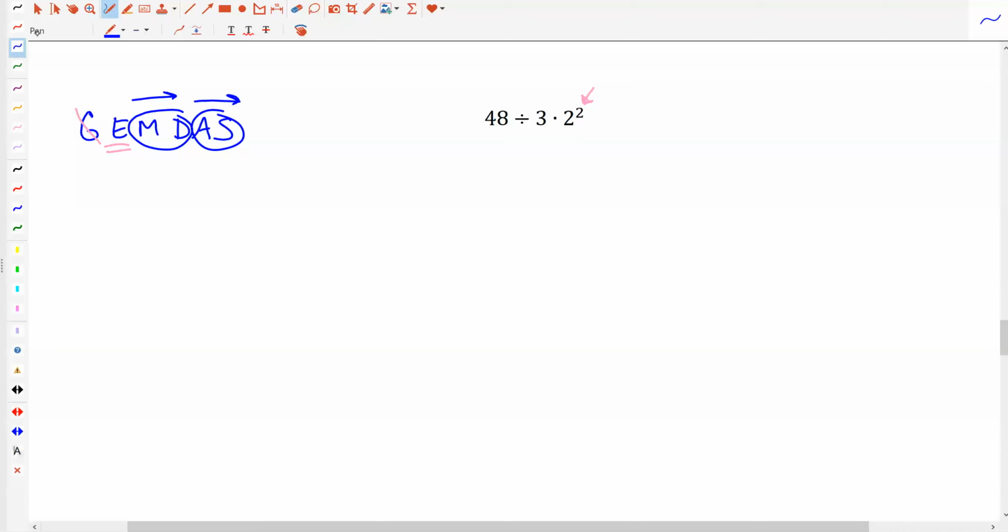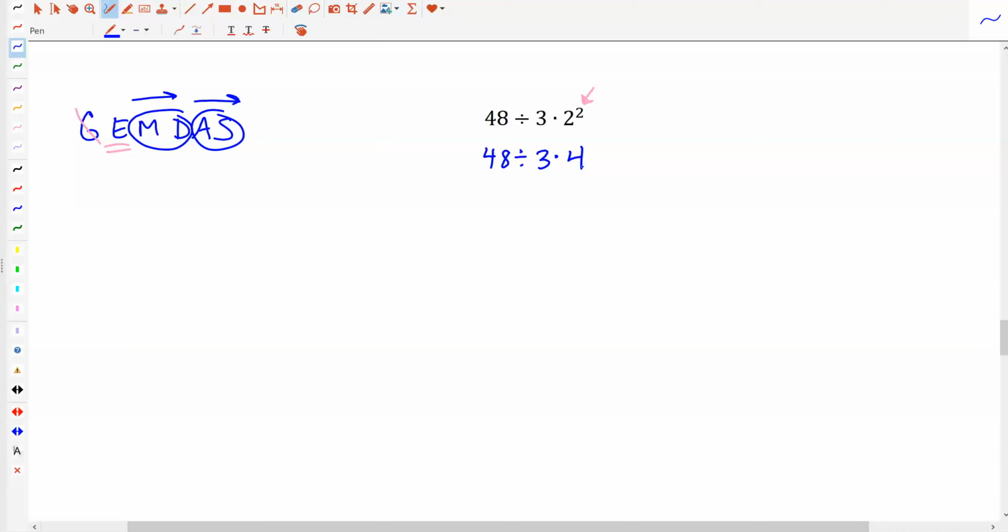Exponents can only affect what's to its immediate lower left. So like what it can reach out and touch. So this exponent right here can only touch that 2. It doesn't get to affect anybody else because it's not that strong. It's got little tiny arms. So this exponent only affects the 2. So the 48, the divided by, and the 3 are all just going to be carried down to my next line. And I'll carry down that multiplication symbol too, because right now I just want to do 2 squared, which is 2 times 2,